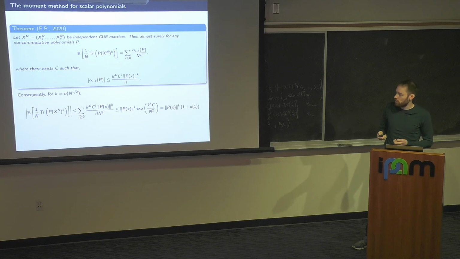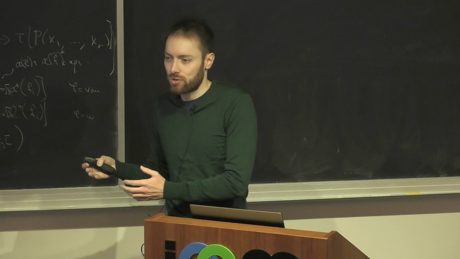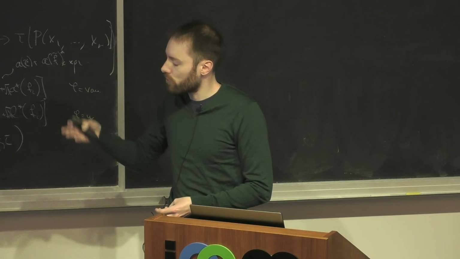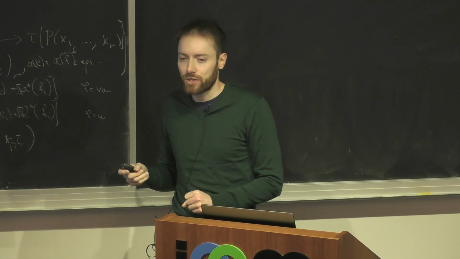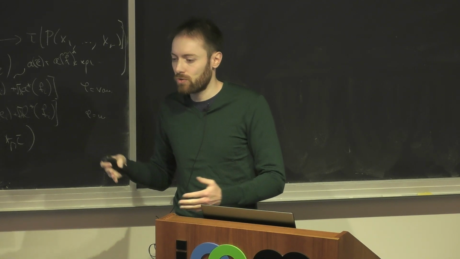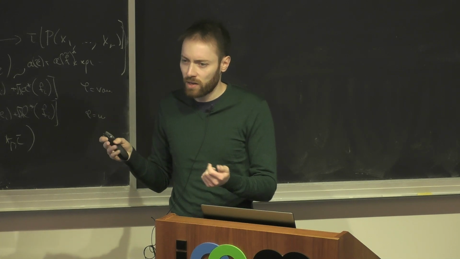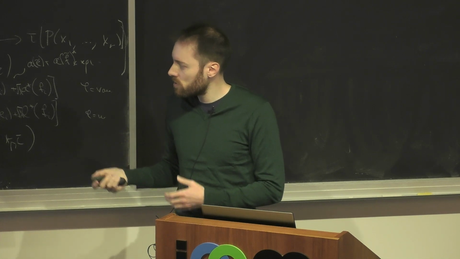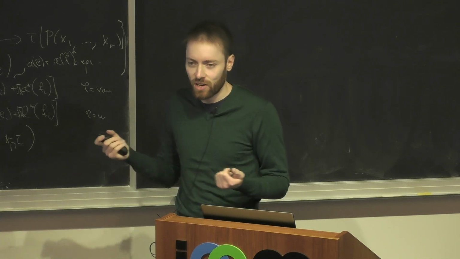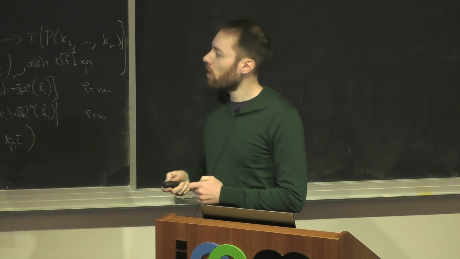And that allows you to conclude that you do have strong convergence for the norm for polynomials with scalar coefficients. And in fact, it also allows you to study a bit the fluctuations, to show that the fluctuations are at most 1 over square root of n, which is actually optimal when you start considering deterministic matrices, which you can also do, even though I didn't put it in this slide. It's something due to the BBP transition. All right,